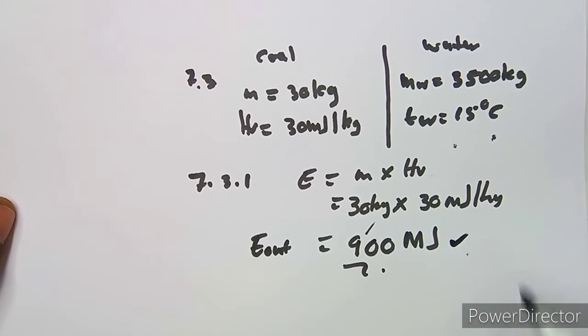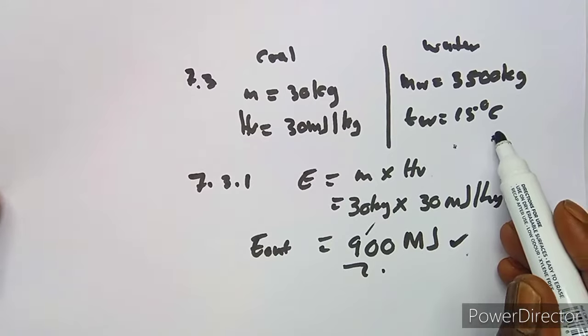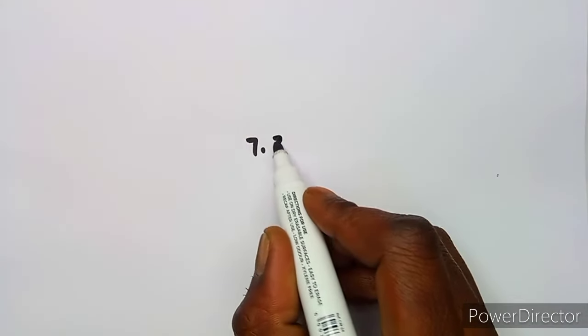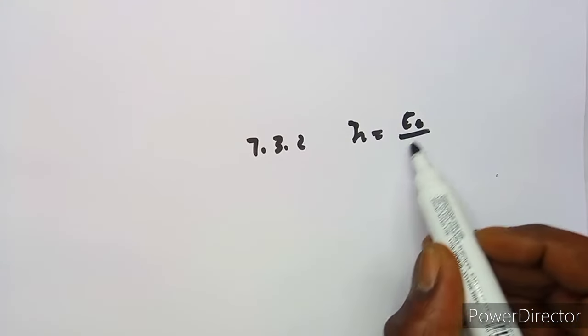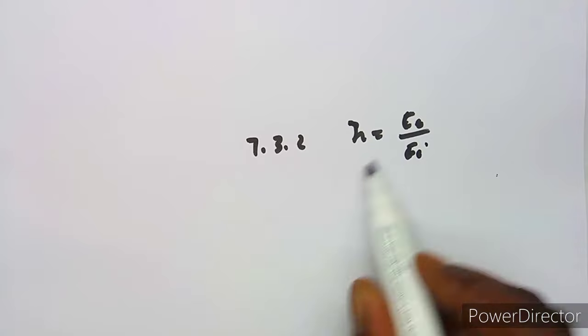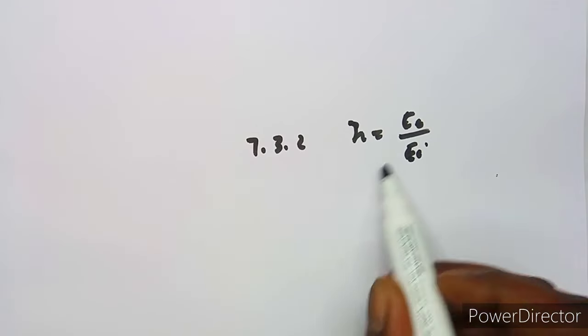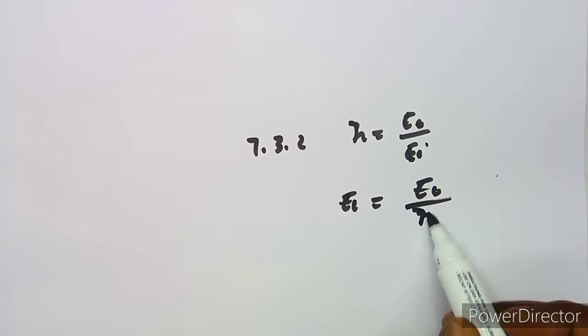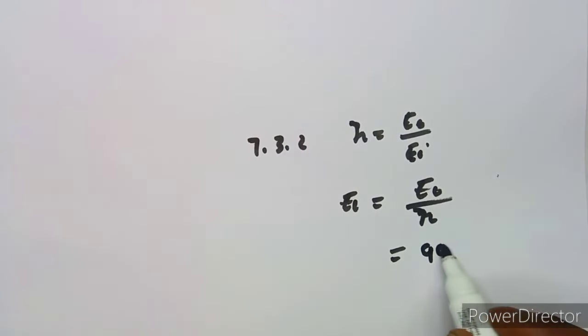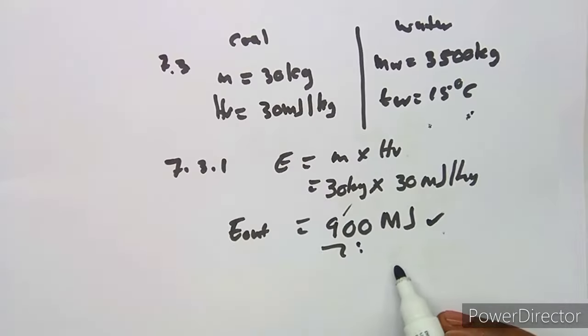So this is our output energy. In order for you to know the power that is going to be transposed to the other side of water here, it is going to be 732, where we have our efficiency, which is E out over E in. Then you play around with this formula. So our E in is going to be E out over the given efficiency, which is 900 over the efficiency of